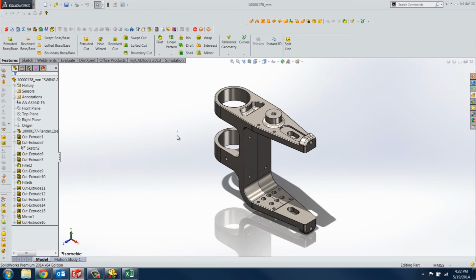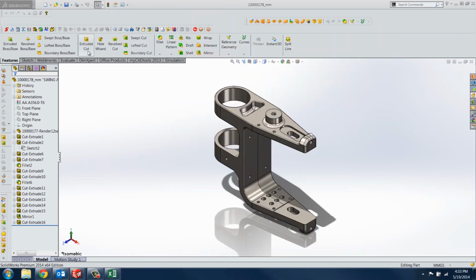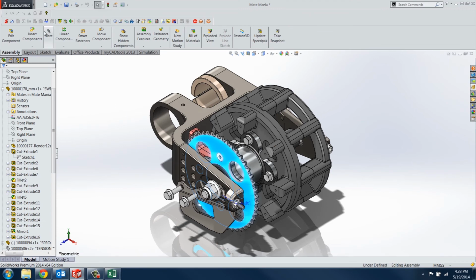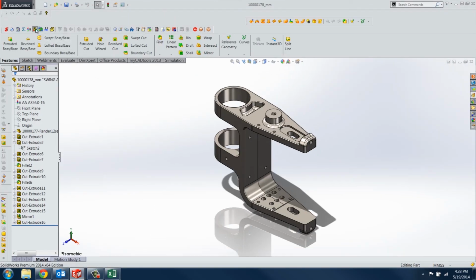And now before I leave you, I just want to point out two things. Number one, if the GetCoordinates tool isn't open, I'll just go ahead and close it, go back to our assembly. Now you'll notice that the GetCoordinates tool is grayed out here, so I cannot open the GetCoordinates tool in an assembly. So if I want to use it on an assembly, I'll have to go into a part file, open the GetCoordinates tool,